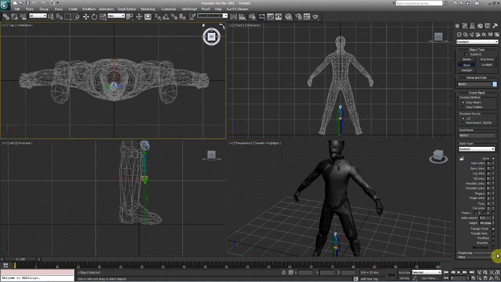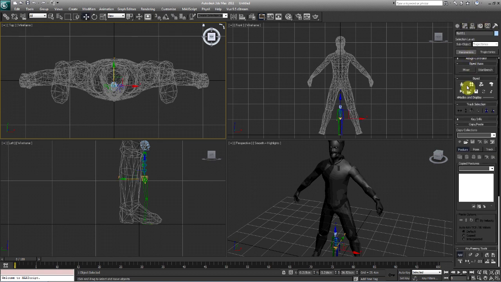We're going to go under the Motions tab and we're going to select figure mode. The reason why we're selecting figure mode is because we're not animating right now. We need this guy to be set to figure mode so we can give the bones a pose, so it knows what pose it needs to be in to apply the bones to the mesh. And basically it's editing the biped, so to speak.